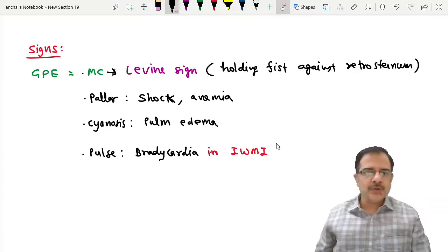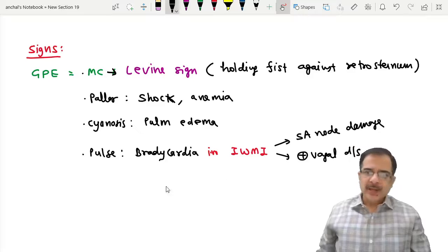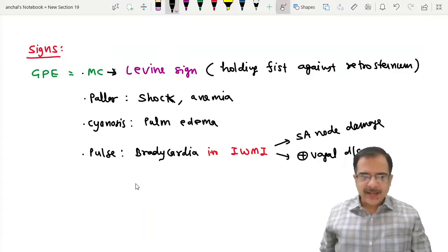One is because of the same coronary artery blood supply. The inferior wall is supplied by the right coronary artery, and the SA node is also supplied by the right coronary artery. So the SA node can be damaged. So this is because of the SA node damage, as the SA node is supplied by the right coronary artery, and also because of the stimulation of vagal discharge. While there can be a tachycardia,